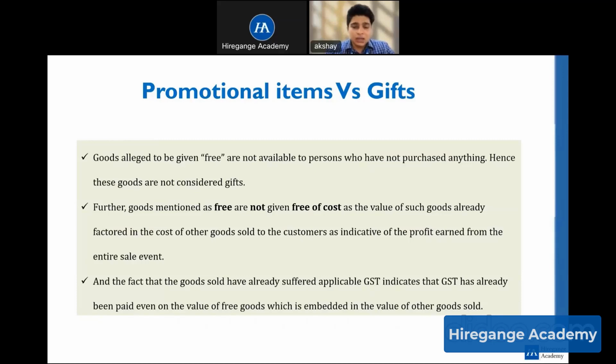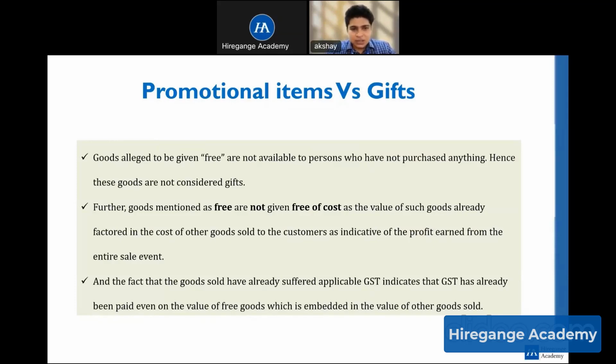The reason why I am harping on the concept of gift so much is that the GST department is disputing the credit eligibility on the simple fact that these are gifts which are covered under section 17(5)(h), and the ITC is restricted and therefore should be a cost to the company and the credit should not be claimed.